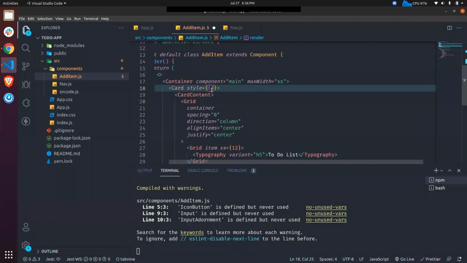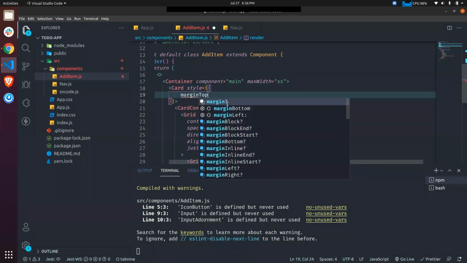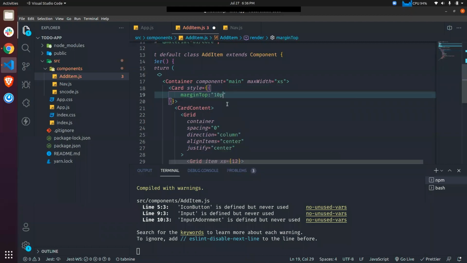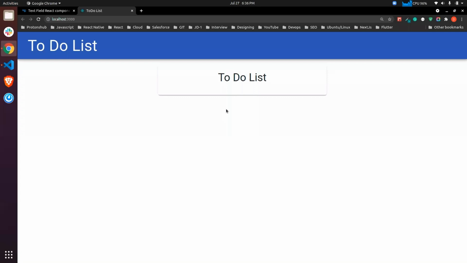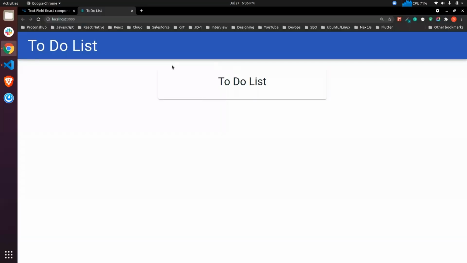That's why I've written two curly braces. Let's give it a margin top of, let's say, 10 pixels. Yeah, it shifted down some, but let's shift it more. I don't know if you guys can see it or not. It got shifted somewhere around 20 pixels down.